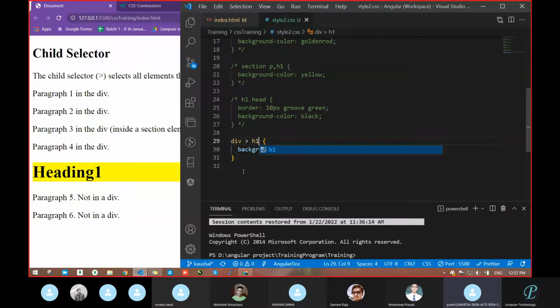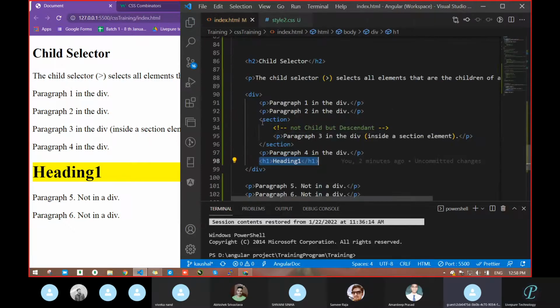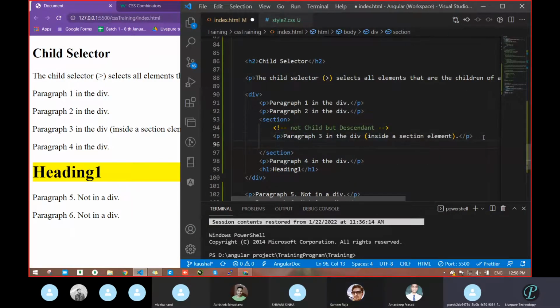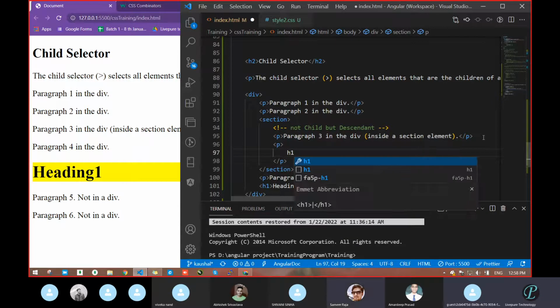So how does CSS identify whether something is a child or not? With the help of this greater than symbol. When would you use this? Suppose some section is there, and inside it you take one p tag and again an h1 tag.